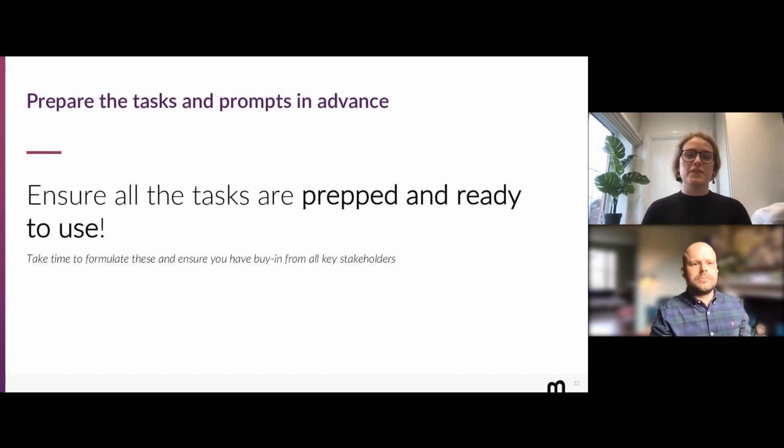It's important to remember that the tasks a participant will have to log or is asked to do are a mix between objectives and how the researchers think best to gain that information. So objectives meaning what the stakeholders have asked to find out. I've not come across many projects where the stakeholders object or lead the tasks, but I have come across often that you have to explain the nature of the tasks and the level of involvement that you can have with